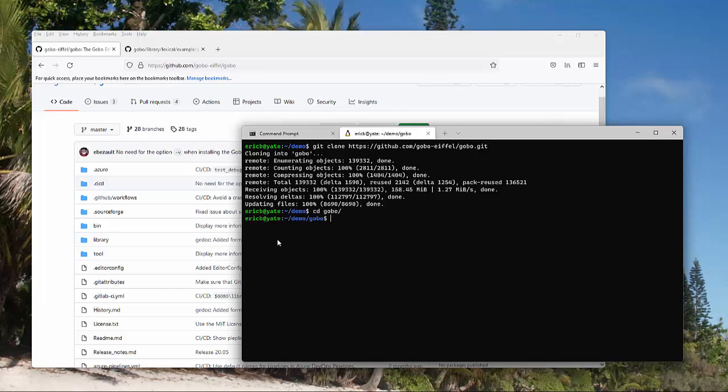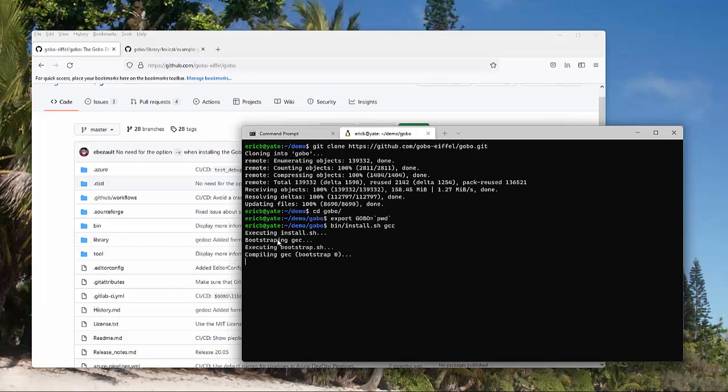folder which has just been created, and I will set the environment variable GOBO to this folder. And now I will just execute this install command, and I just provide as argument the C compiler I want to use for the generation of the tools that come with the Gobo package. So under Linux I would use GCC, but if you are under macOS you will probably use Clang for that. So let's go back to GCC.